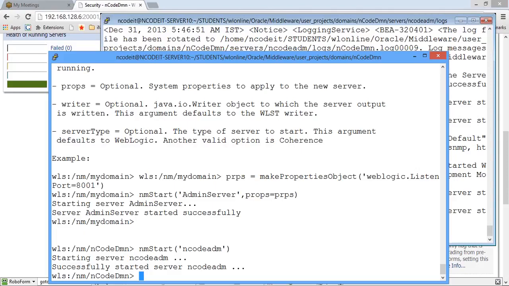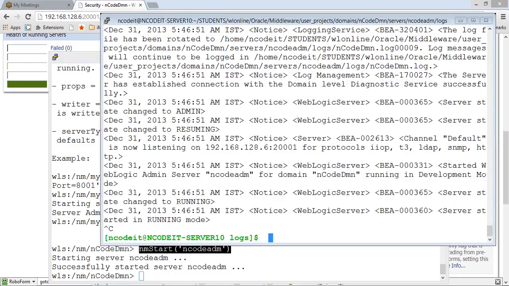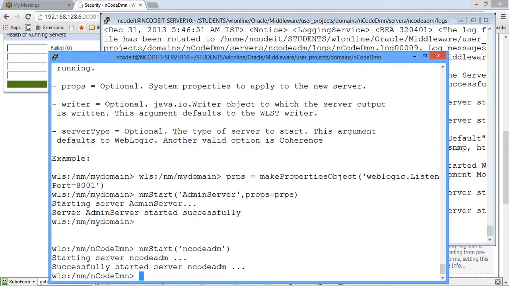Now once that you have started admin, you can actually start the managed servers also from the same location using the node manager. But the servers are already running, so we're not starting here. So what we've done is you have started all the servers from the command prompt. Now most important of all this command prompt related stuff is the starting of the admin server, and